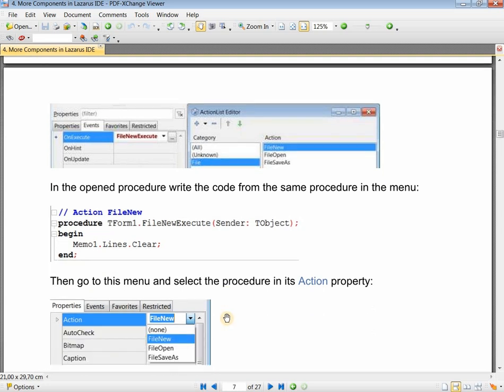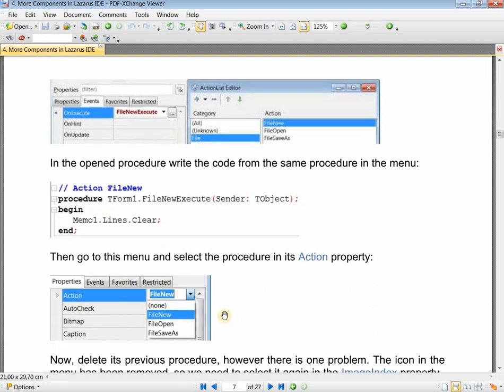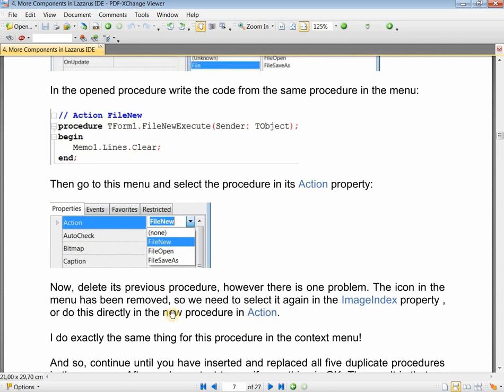Then we go to this menu and select its Action property. And select the file New procedure. And its previous procedure, we delete it. But there is one problem: when you delete it, the icon in the menu is removed.